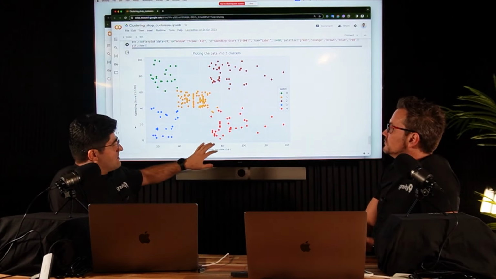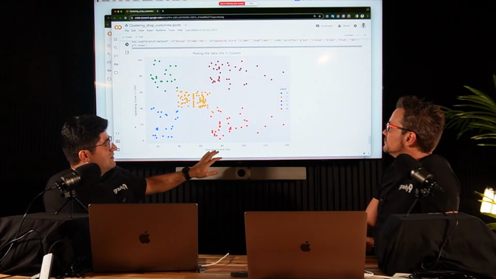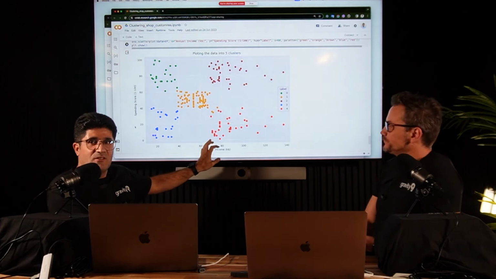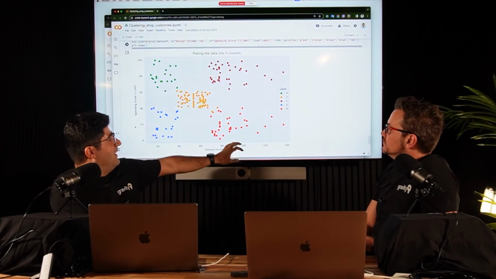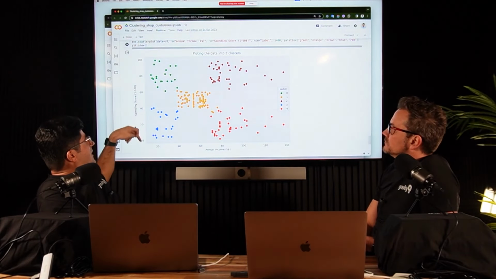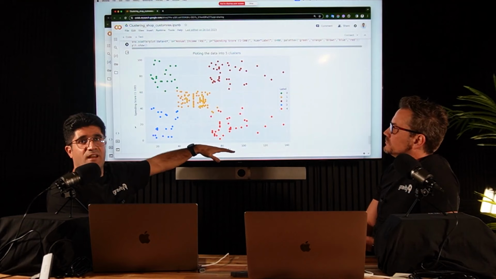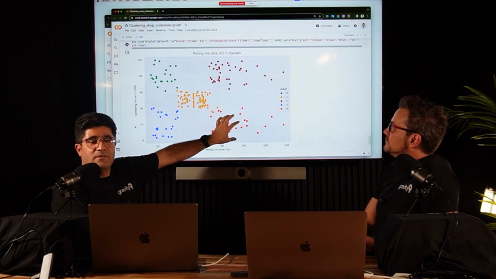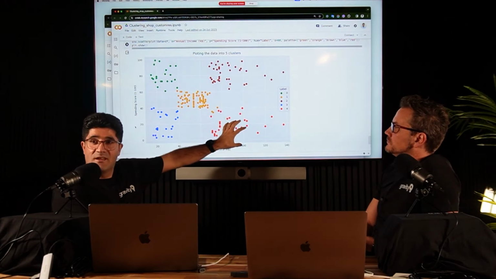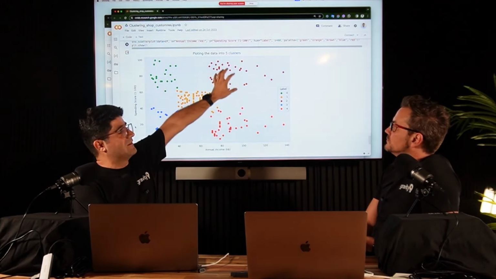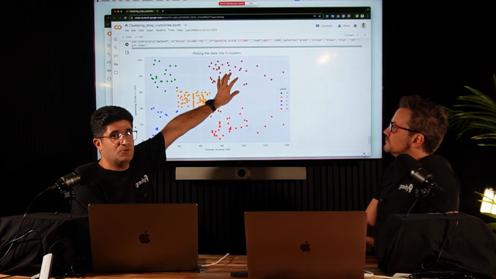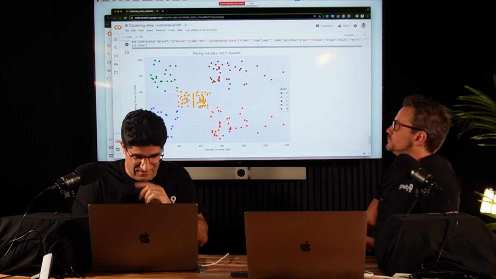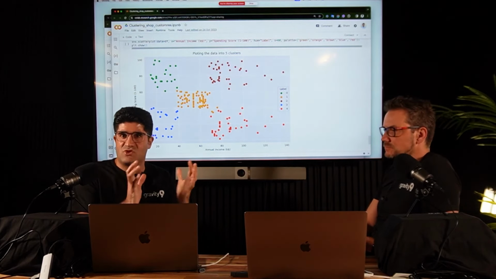For example, the red customer, the customer who is located in this area, their income is more than 65K. And if you look at that, the spending score is less than 40. So now that we know this group, they have a higher income, but they spend less, we can target them and somehow maybe we can convert them to the other group, the group that spends more on our products. So this is just some samples